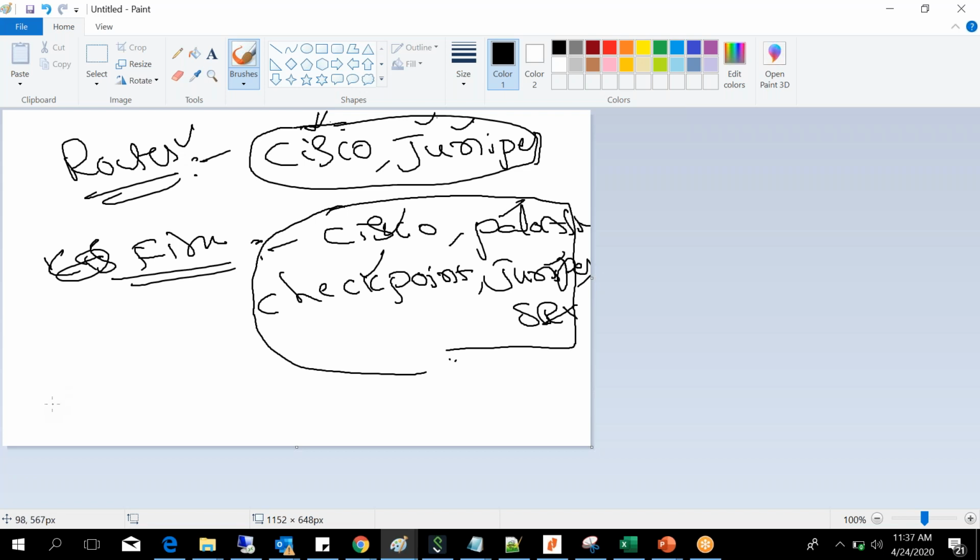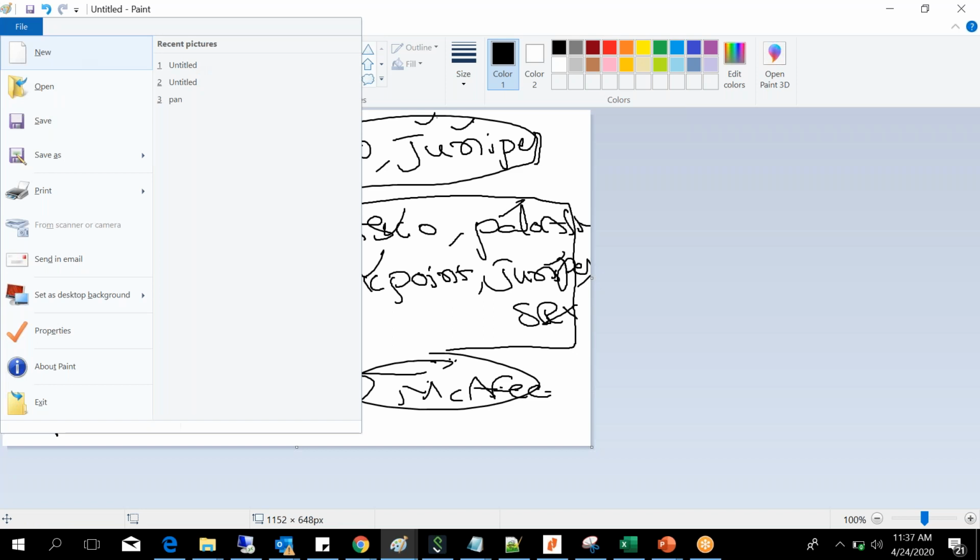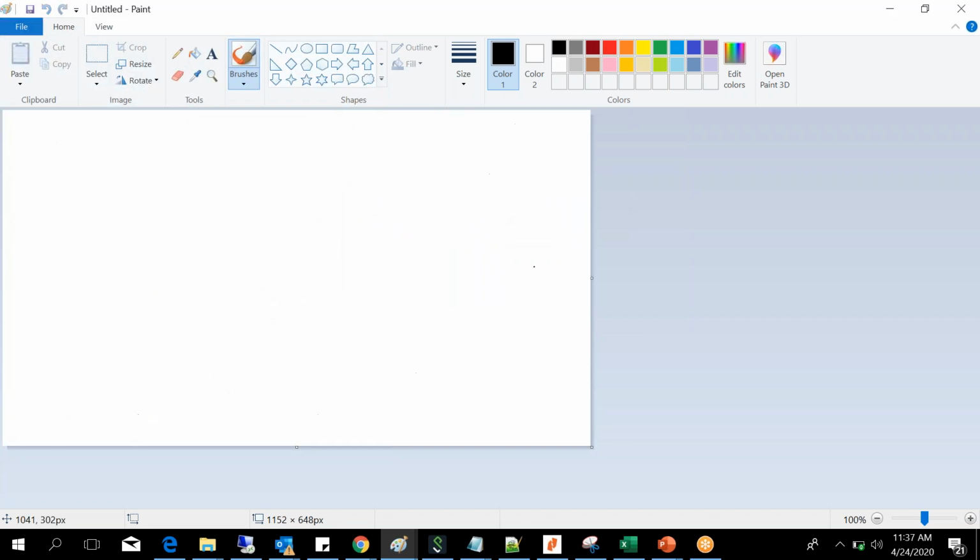Then what we have is proxy. Proxy is also manufactured by Cisco, McAfee, so like that we have manufacturers also. So what is a proxy?